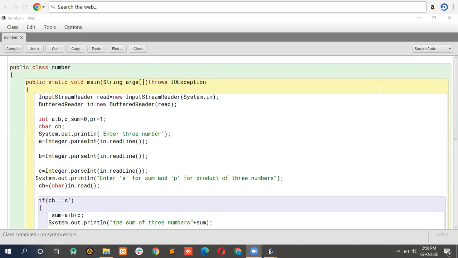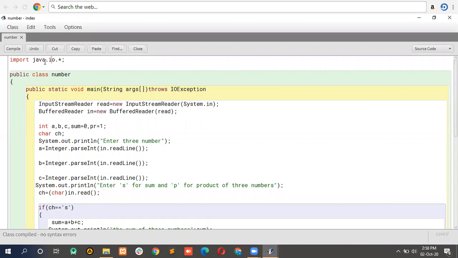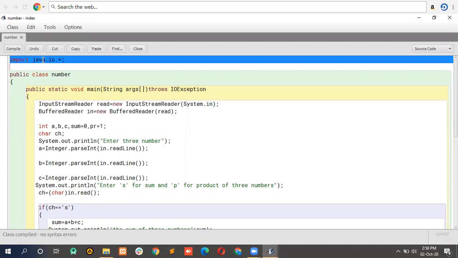Hello students. So today we'll be seeing the topic if else if statement. With the help of the if else if statement, we'll see how the program gets executed. So basically what we have done over here students is initially I have inserted the package